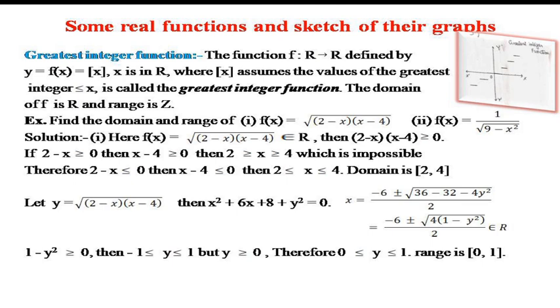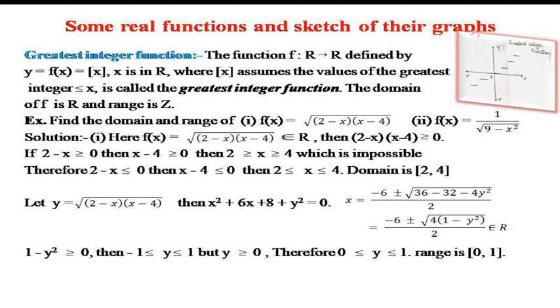Here I am considering two examples to show how to find the domain and range of a function. I will do the first one here, and the second one is your homework. So here f(x) is equal to root over (2 minus x)(x minus 4). Now you see here, I have told you earlier that in our syllabus we have to consider only real functions. That is, our domain should be a subset of R, and the range also is a subset of R. f(x) is equal to root over (2 minus x) into (x minus 4). This will be a real number.